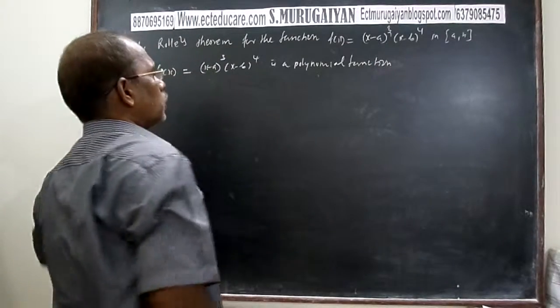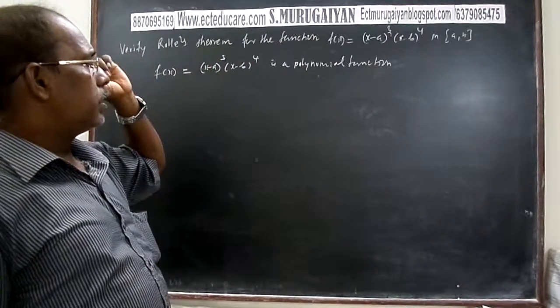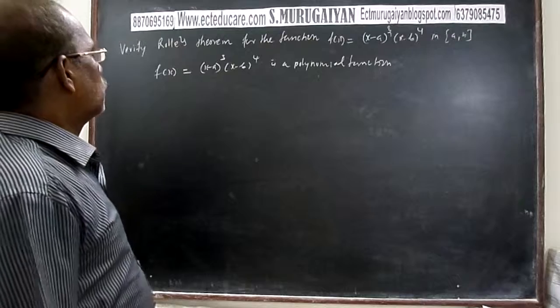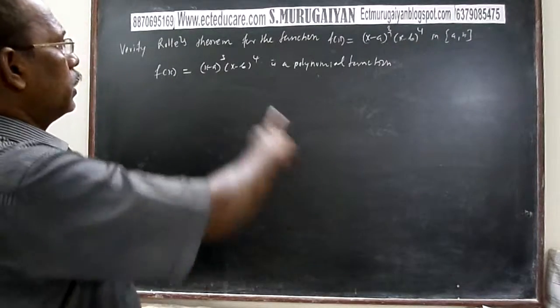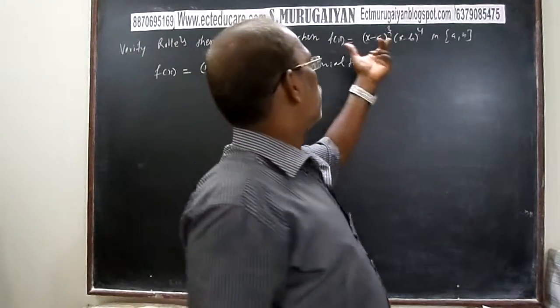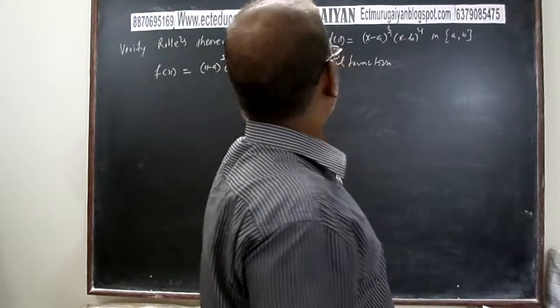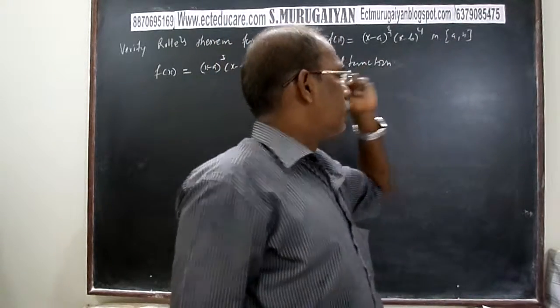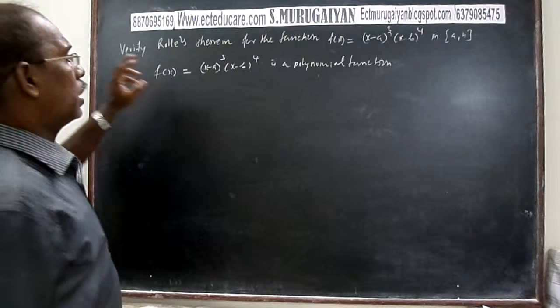Remember, a polynomial function is always continuous in its entire domain. The given domain, and we have to test the continuity of the function in the closed interval a comma b. Because it is a polynomial function,